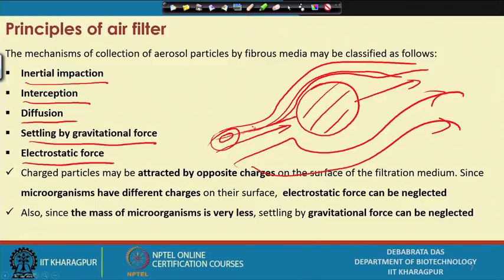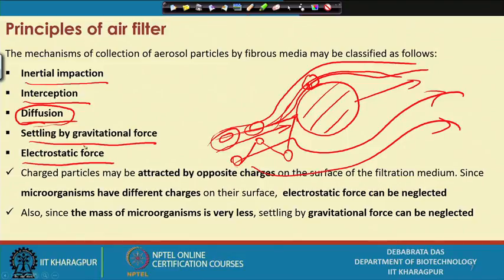Interception means what? When a particle present here goes along, suppose the radius of the fiber is equal to the width between this surface and the stream, then it will touch the surface of the fiber, and then it can be collected. And what is called diffusion? Diffusion occurs at a very low flow rate. One particle strikes with another, the Brownian movement like this, and ultimately it might be deposited on the surface of the fiber. This is called diffusion.